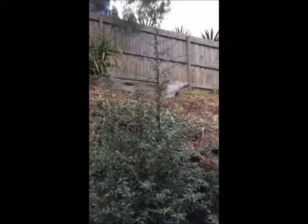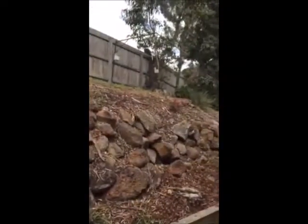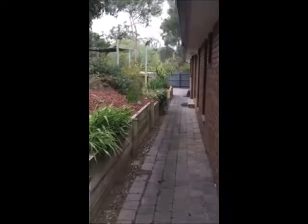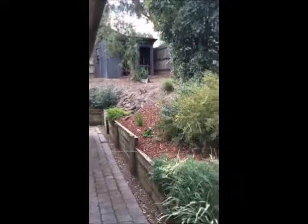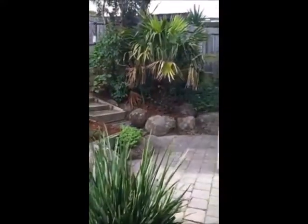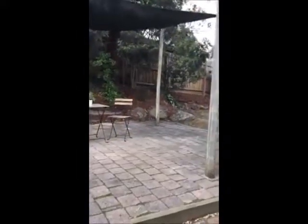The rear garden is very steep with a combination of timber retaining wall and a rockery, and this path leads all the way across the back of the property. In the far top hand corner there is a timber construction kids playhouse, and directly behind me, feeding from the kitchen dining room, steps out onto this alfresco